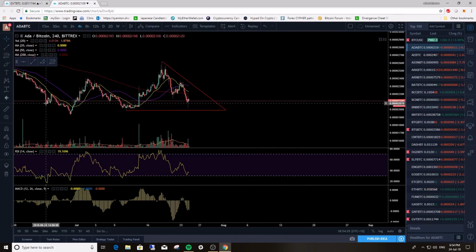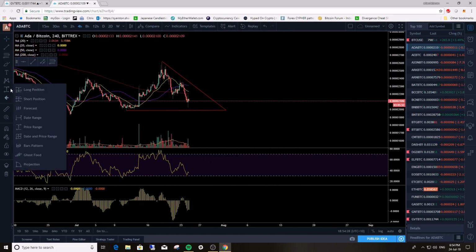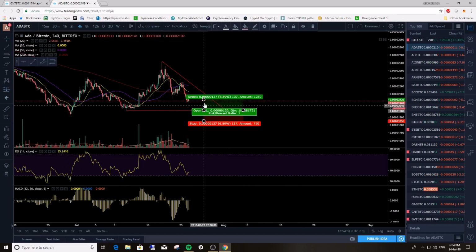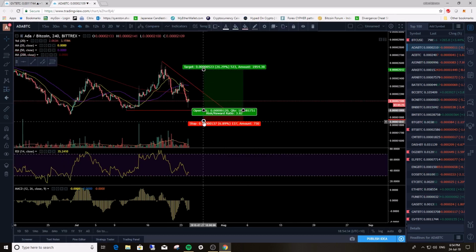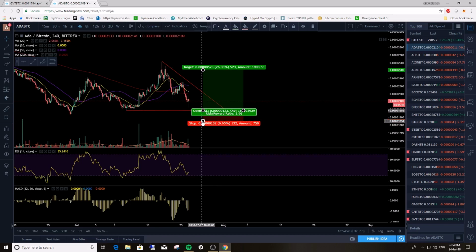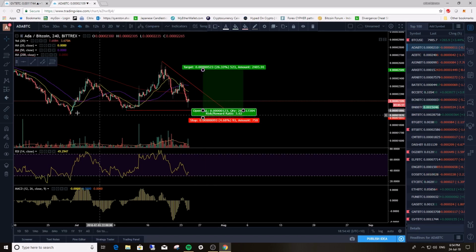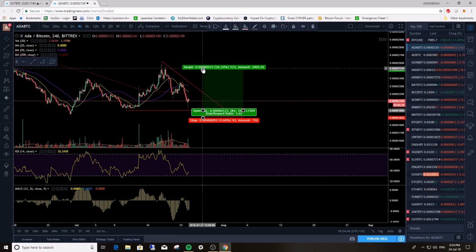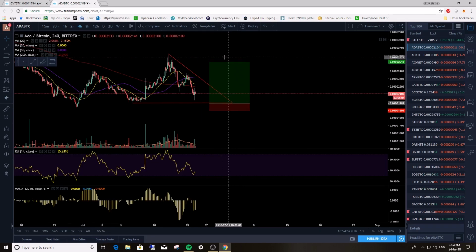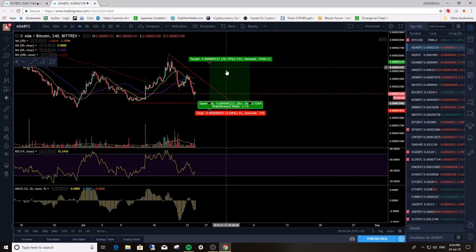Lastly, a couple more quick pointers. You'll see on our trade setups that we set up a long position and we set up short positions, both much the same. So you target your entry with the first point there, you set your stop loss value to where you believe there might be support or resistance, and you select a target which may be the measured move. That will give you your risk percentage, that'll give you your reward or gain target percentage, and your risk to